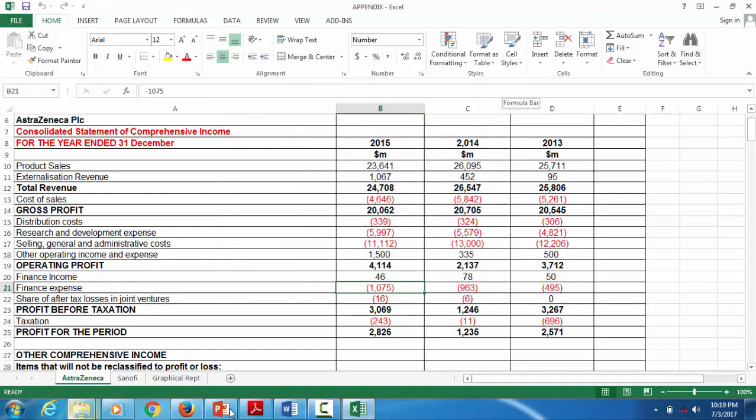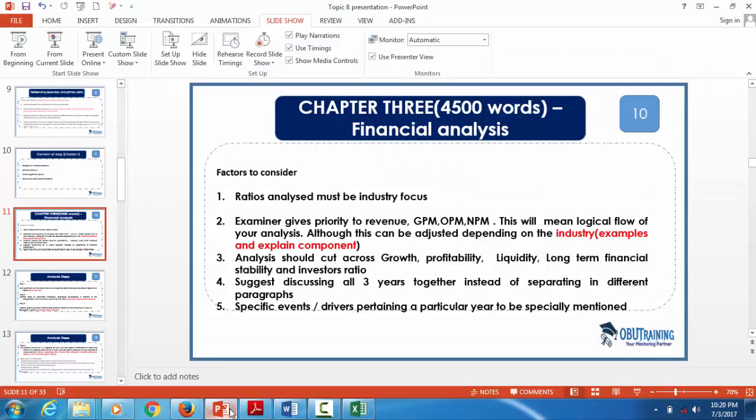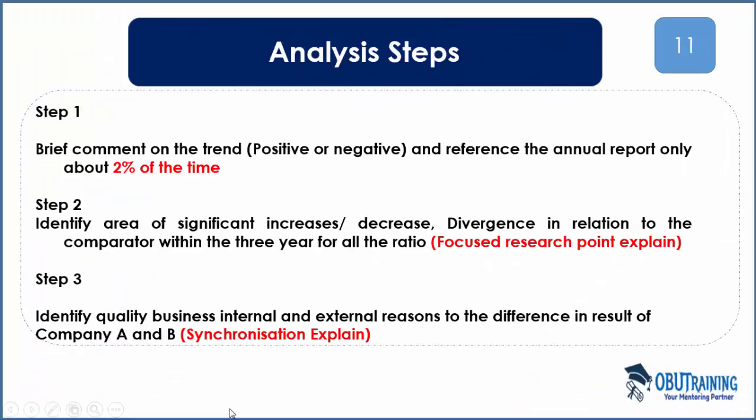Examiners expect external business points and also internal reasons. These are the factors you use to explain your points. Okay, I haven't mentioned the variables. You need to take good note of that. Then the next thing is